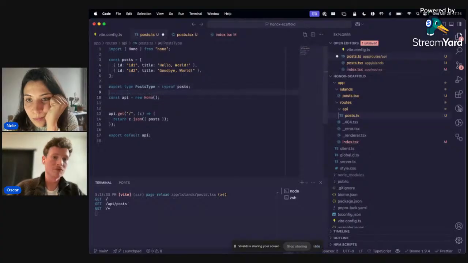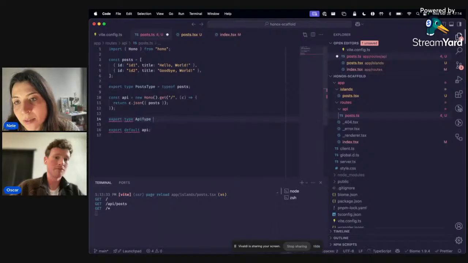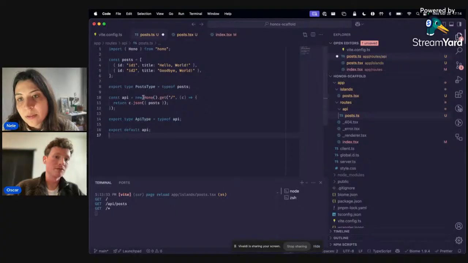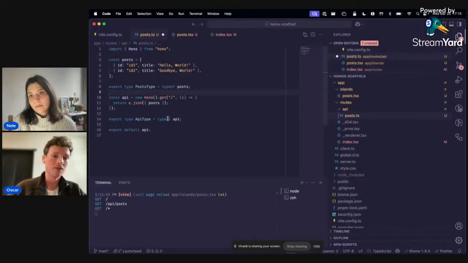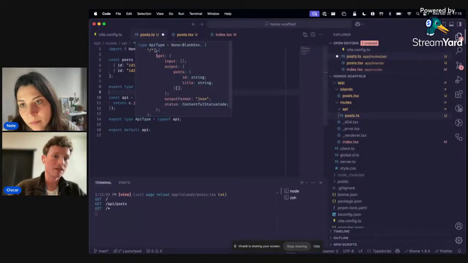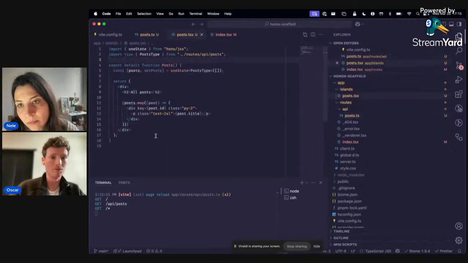Let me demonstrate. Okay, so we're going to do it like this. And then we say export type is API type, is type of API. So what happens here is we create a new Hono instance, and then we chain the method directly to it. This allows Hono to construct types that we can use in our front end. If we look at the API type, we see that it's doing some special stuff for us already, and that we're going to use that in our posts